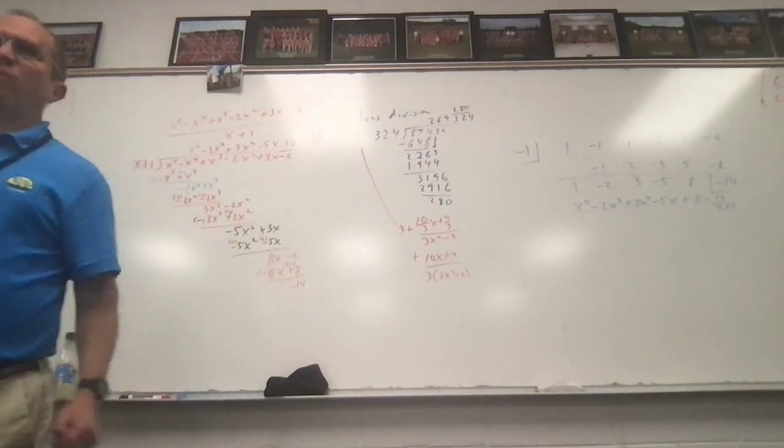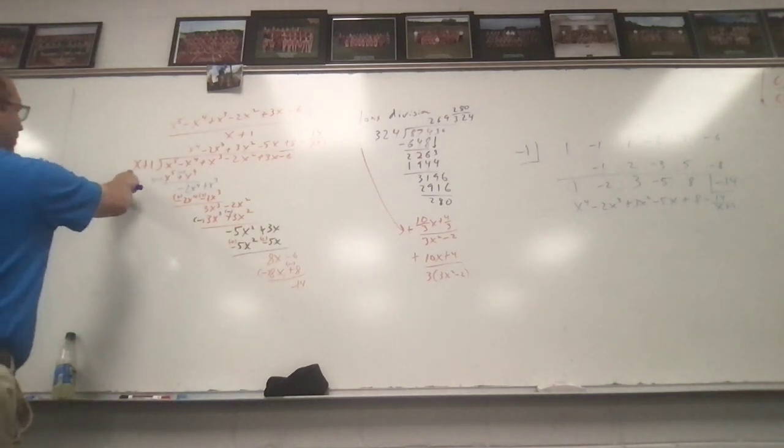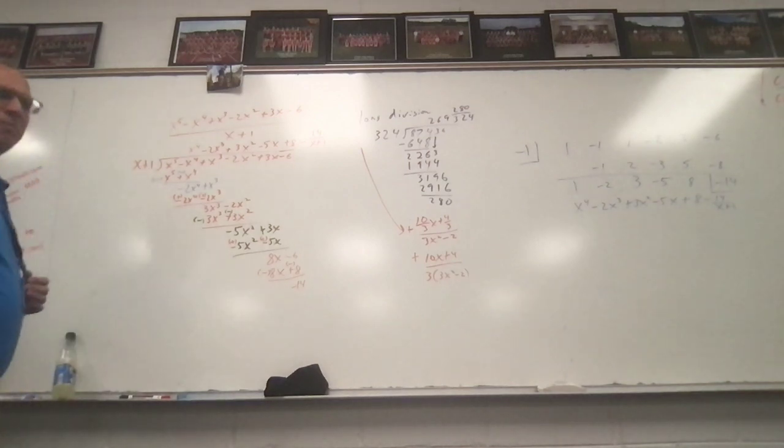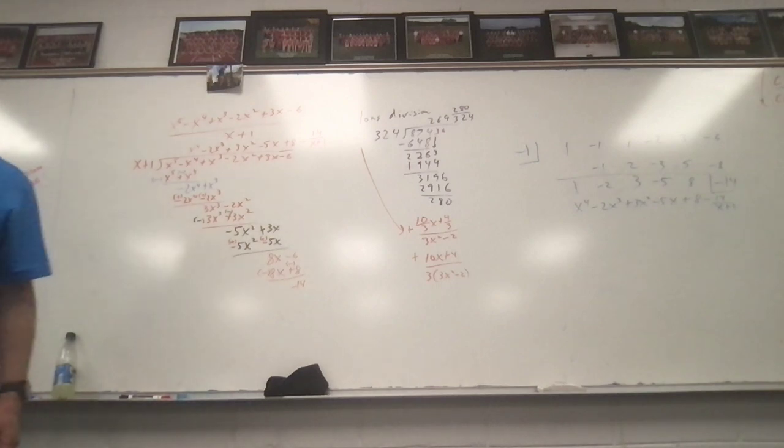Now, why did that work so easy? It worked so easy because it was a coefficient of 1 here, and it was a binomial, a first degree binomial. So, in a situation like that, synthetic division is definitely quicker. But, like I said, in that quadratic one we divided by the previous problem, you just have to go long division with it. All right, now,